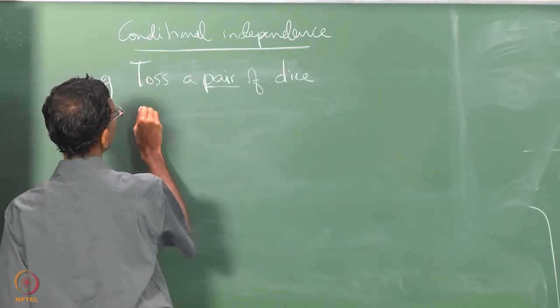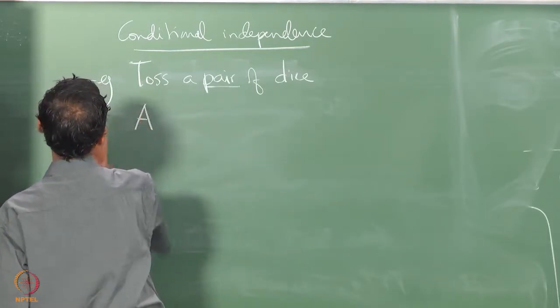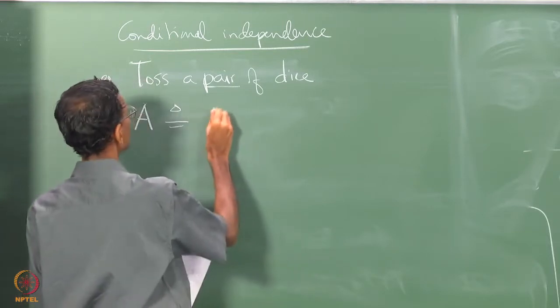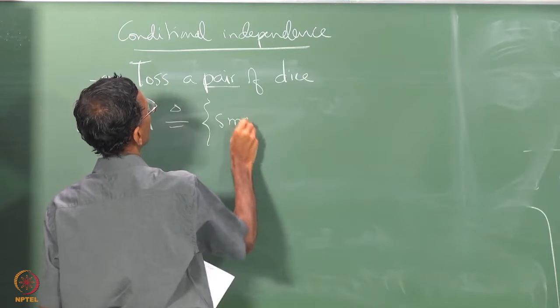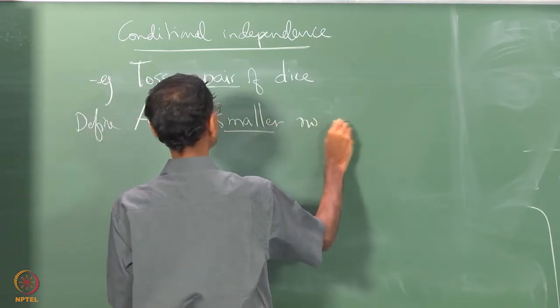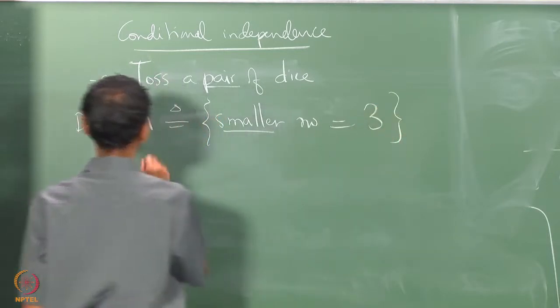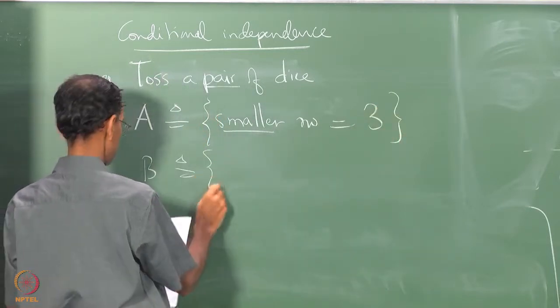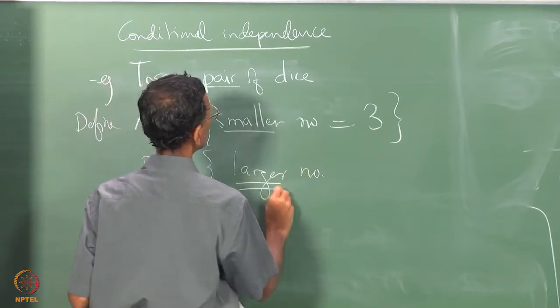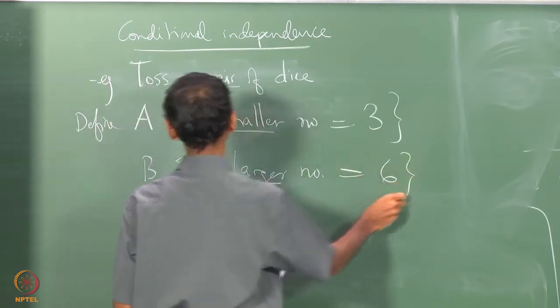Let us define event A as the event that the smaller number is exactly equal to 3, and B as the larger number is exactly equal to 6,